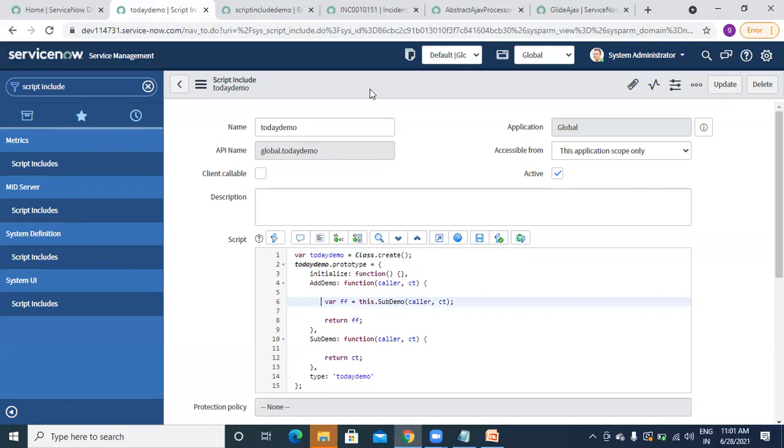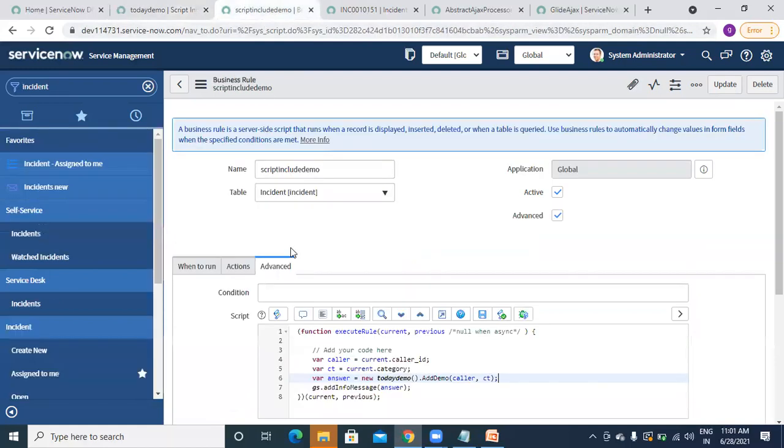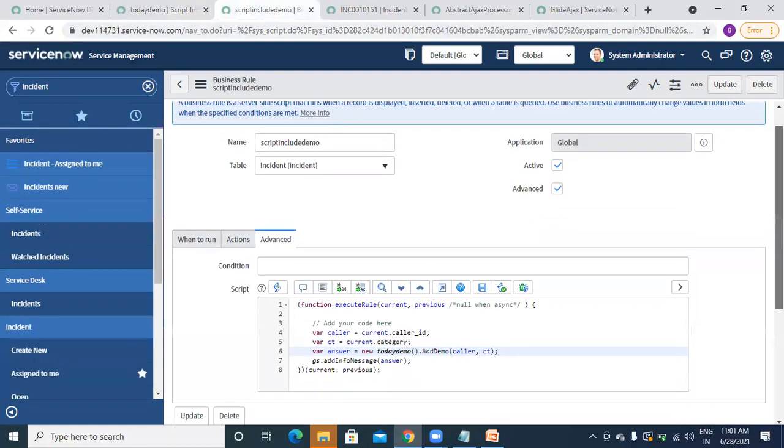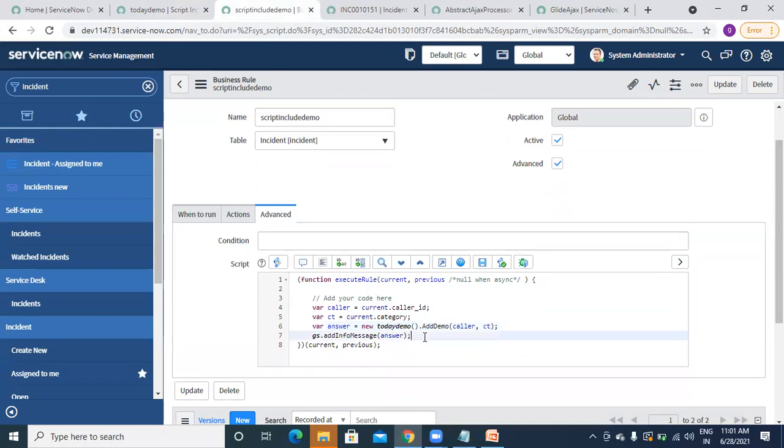Yeah, and one more thing, and one more purpose, like why we will write script include in business rule. Like we can directly write that glide record and everything inside business rule only, right? Then what is the use of script include? So first purpose is like we can have a reusable code, like we can write once and we can call that in multiple business rules or somewhere.